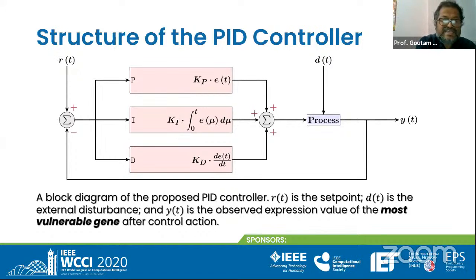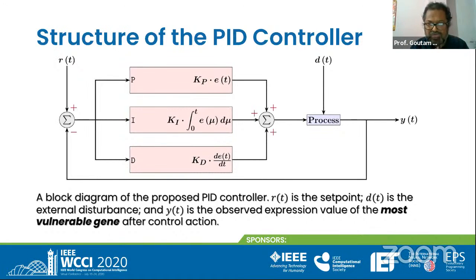So what is the ET then? RT minus YT is ET here, and this will be given to the controller. This controller will then calculate how much external perturbation I will give, how much control action I will take, so that the process, what is the process? Process means the mathematical equation of the whole network will come to normalcy. Anyway, this is as far as I try to explain what a PID controller is.